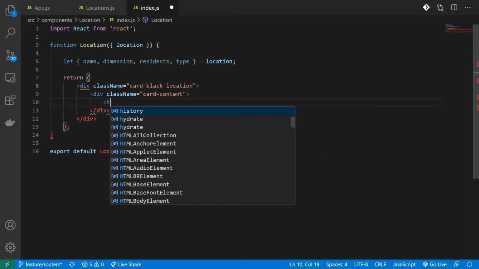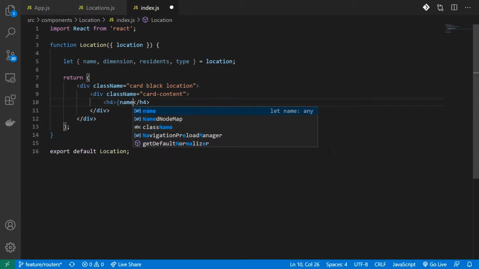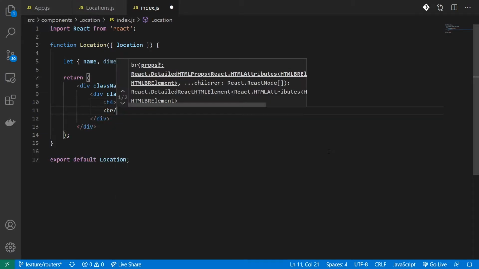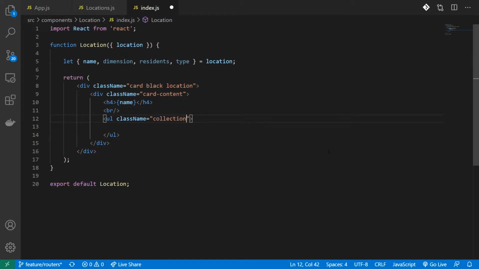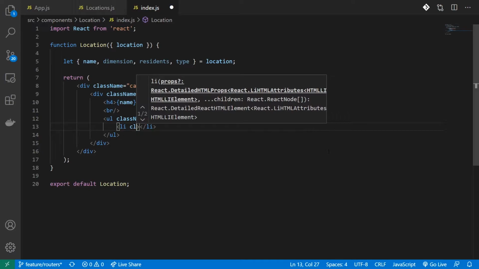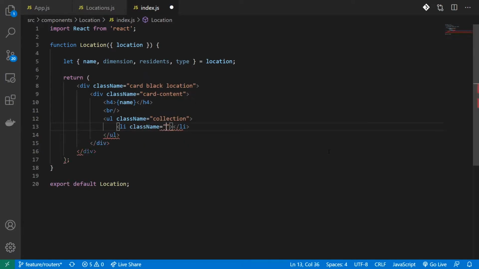Inside my card, I'll create a new header, call it name, and I'll create a list. I'll give it a class name of collection. Inside my list, I'll create my list item, give it a class name of collection item.